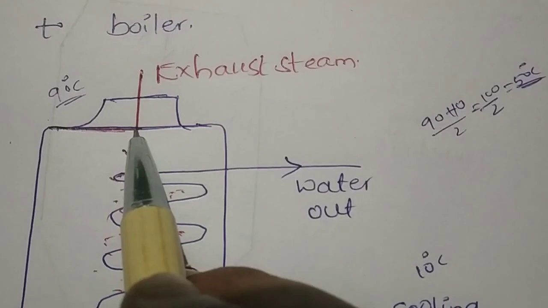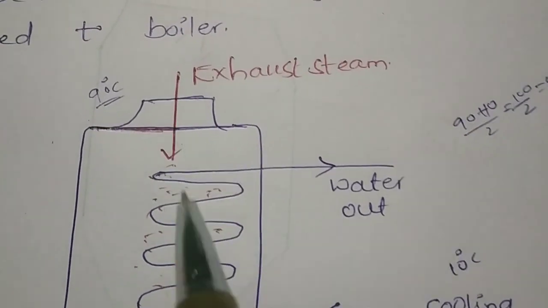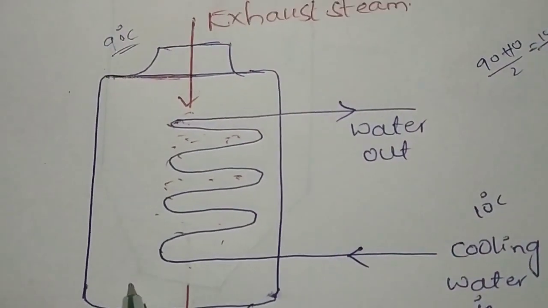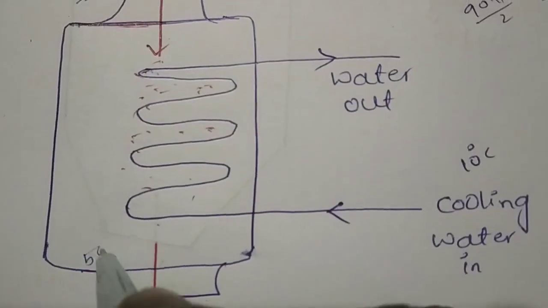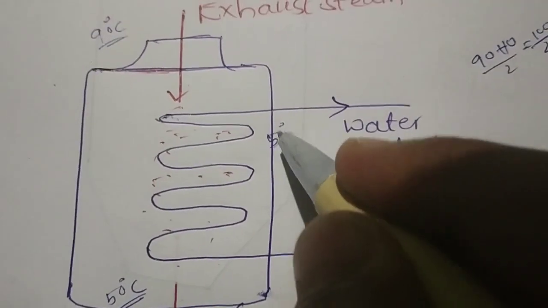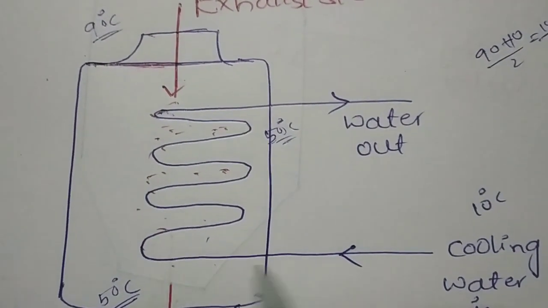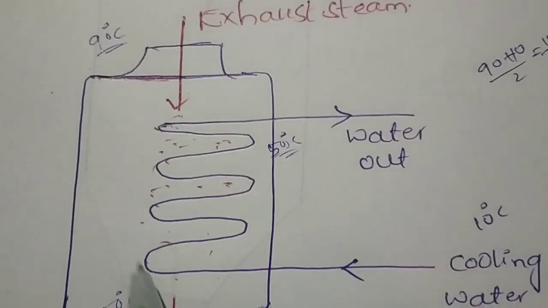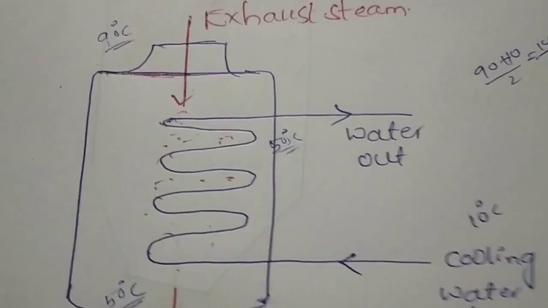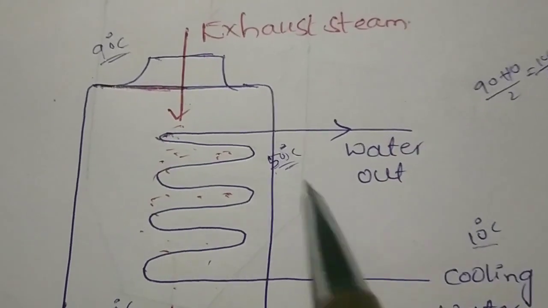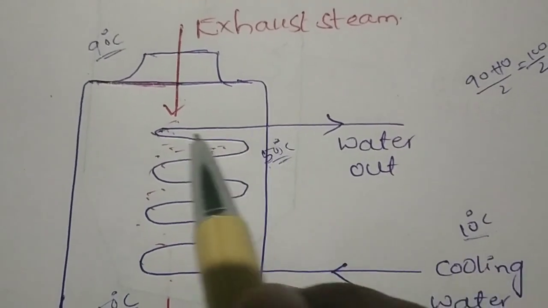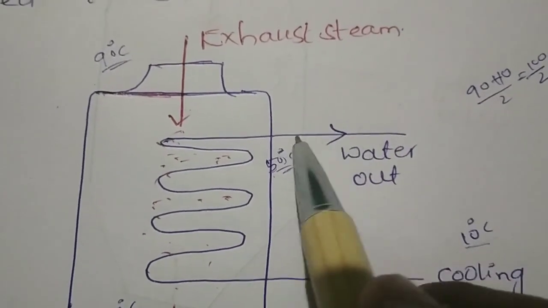Then this steam at 90 degrees, after the condensation process, that is, this steam, the water vapor, is converting into water, this process is called condensation, and this will be at, for example, 50 degrees Celsius, and the water that is there will also be at 50 degrees Celsius. That means the water that is going outside after heat transfer may be, for example, 50 degrees Celsius. Then this water will become somewhat hot compared to this water. This water is at 10 degrees Celsius, this water is at 50 degrees Celsius. Somewhat heat transfer takes place, therefore this water from these tubes will exit outside.